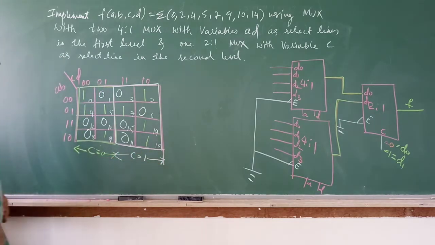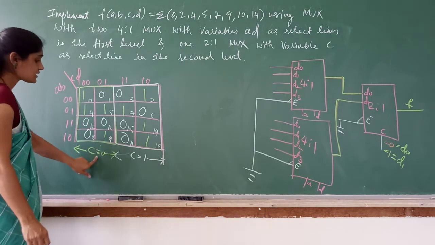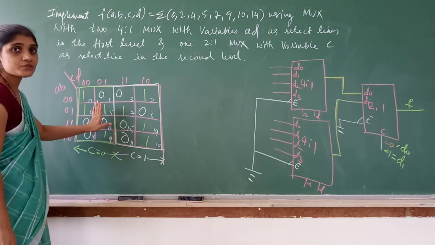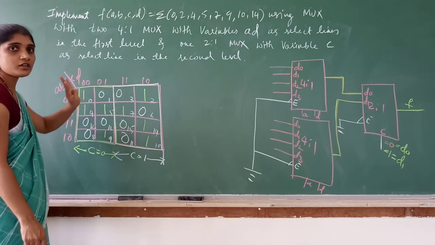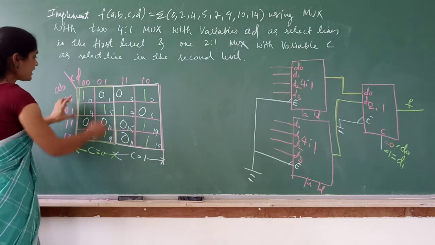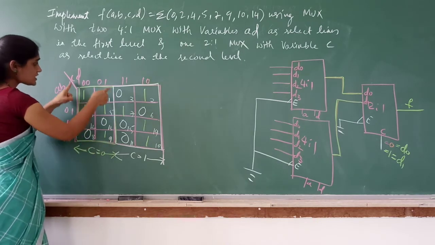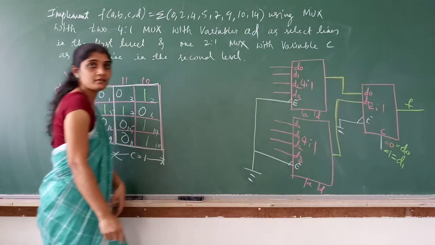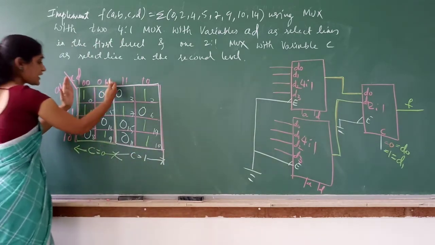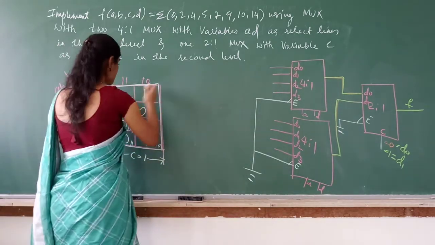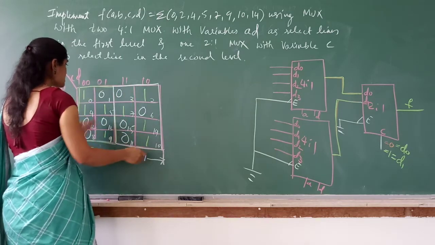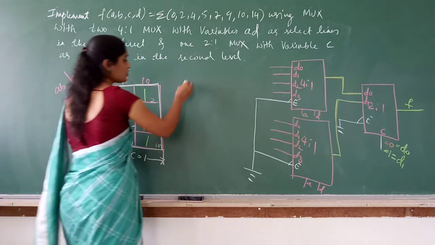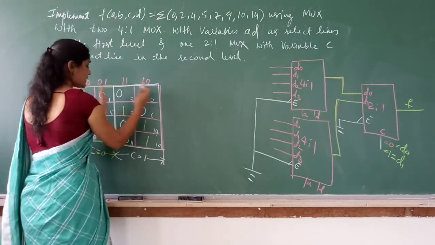Okay? So for these 8 cells, C is 0. These 8 cells, C is 1. But are we using an 8:1 multiplexer? No, it is only 4:1 multiplexer. Again, out of these 8, you just see where AD is 0, 0, 0, 1, 1, 0, 1, 1. Correct? Am I right? So shall I write this separate? So I will write these two separate, this and this separate. So let me see what is D0, D1, D2, D3.